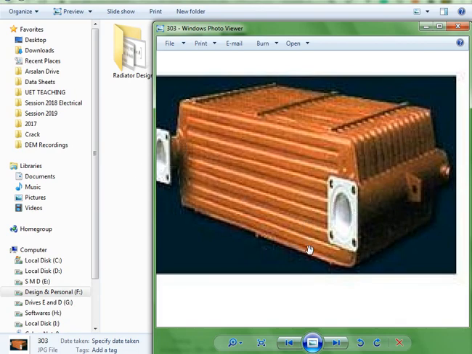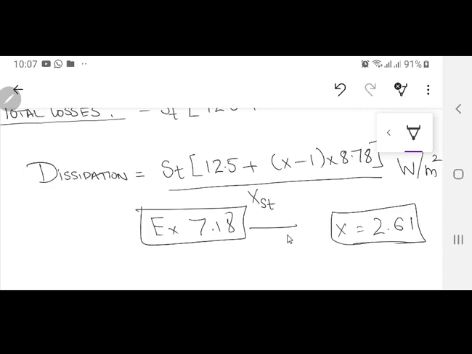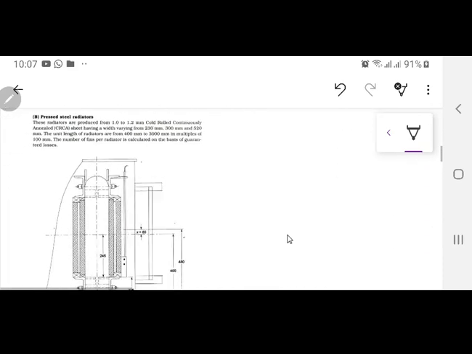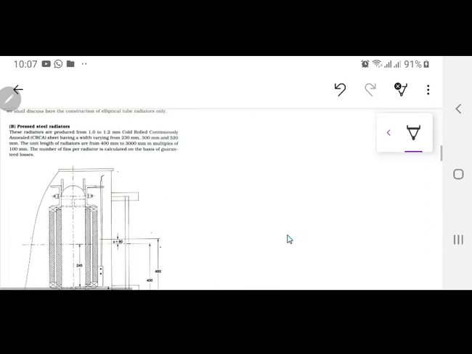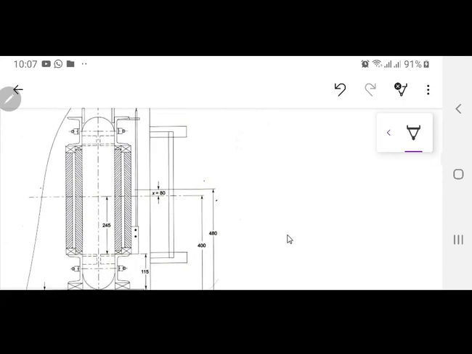How many channels are there? This is 1, 2, 3, 4, 5, 6, 7, 8. So if you increase the number of channels inside each fin or the number of fins, you can have a lot of area over there. Now how you are going to design this one, the important thing. When you are going to talk about this pressed steel radiator, it is going to be placed something again like this. Okay?